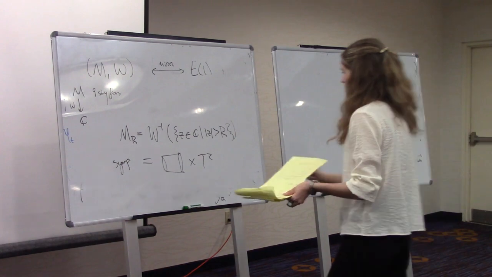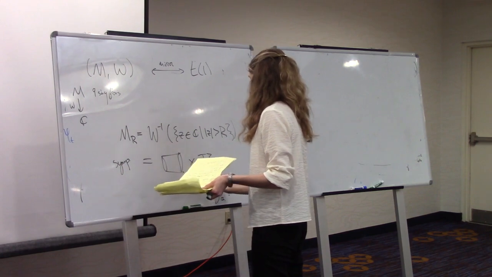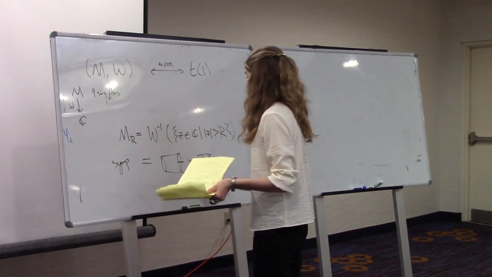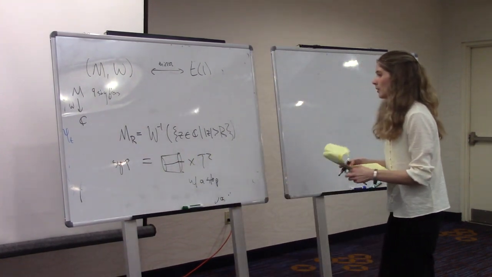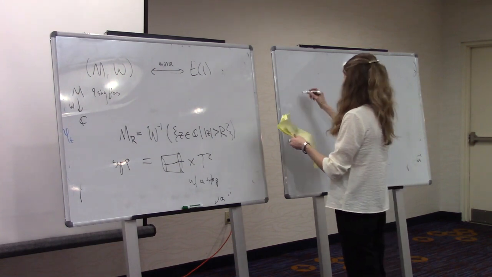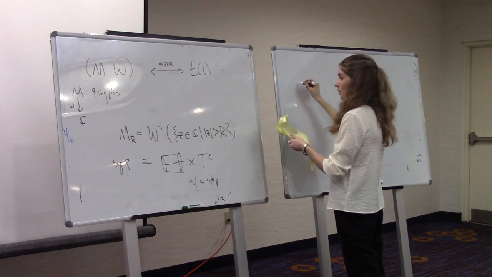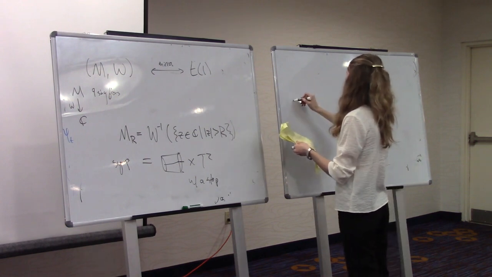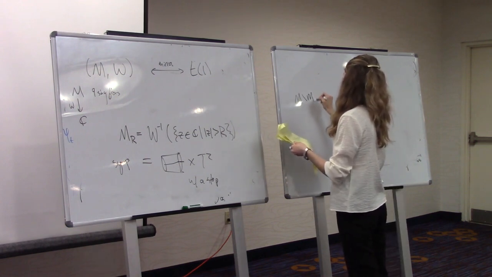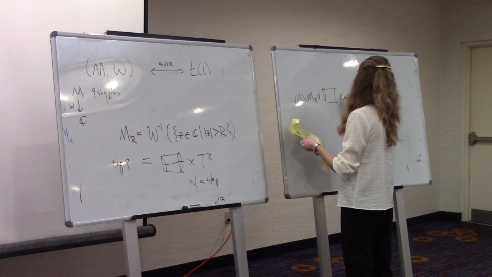So this MR is going to be this thing with a stop, right? So this stop is something like the real axis times T2. What I think you should be able to do is say something like, here's a copy of M, so this is M minus MR, and then we have the union of this thing times T2,